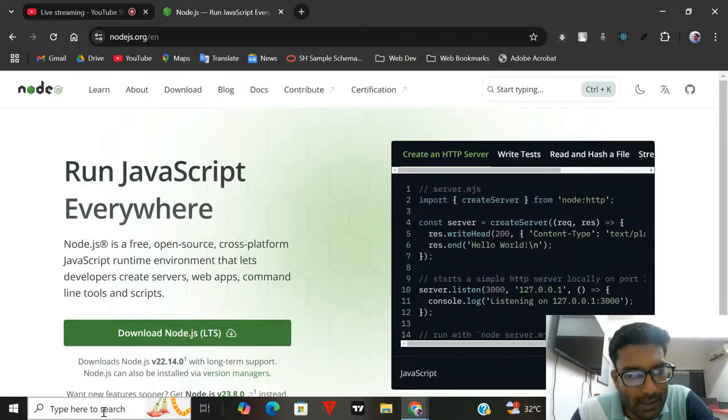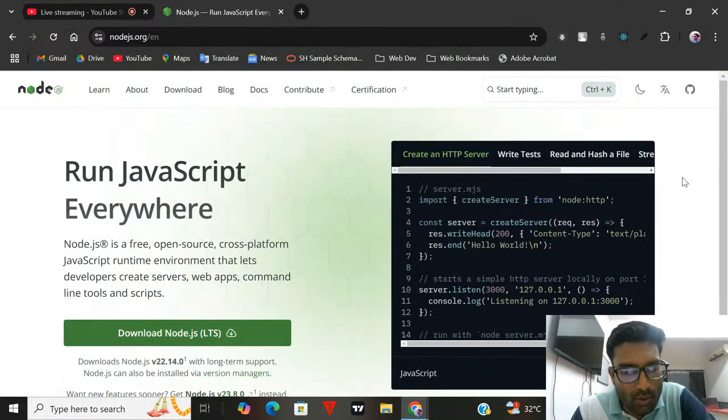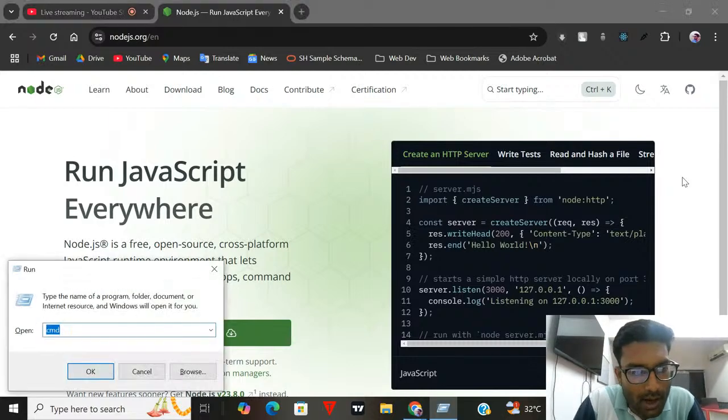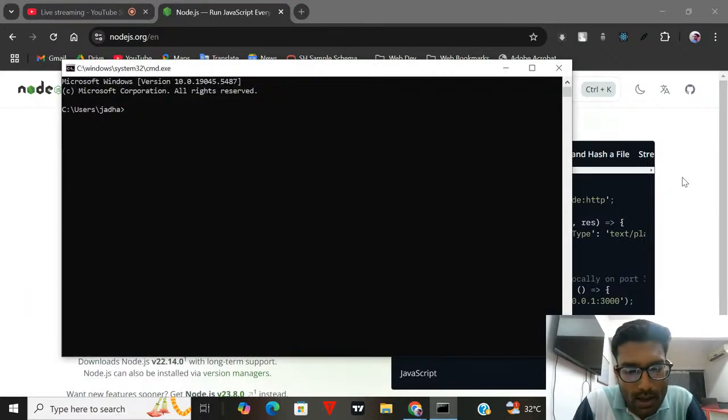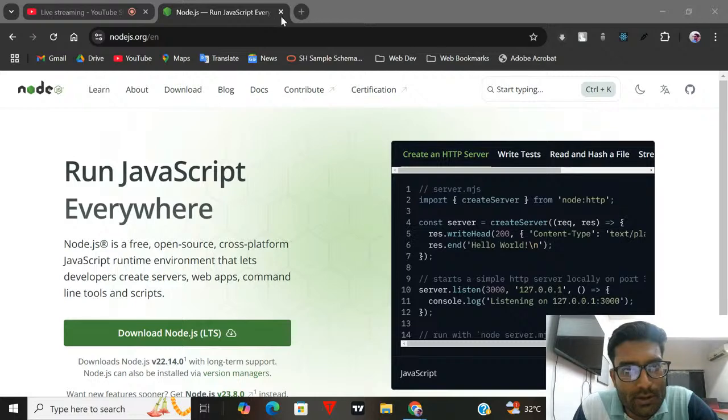To check whether Node is installed in your system, you can open the command prompt, cmd, and write node -v, and you will get the version here. So version 20.10, right?